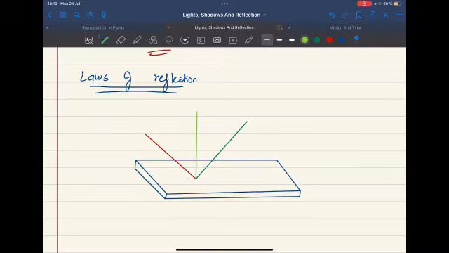This angle is called the incident angle. This is called the refracted angle, and this the reflected angle. So the incident ray, the reflected ray, and the normal